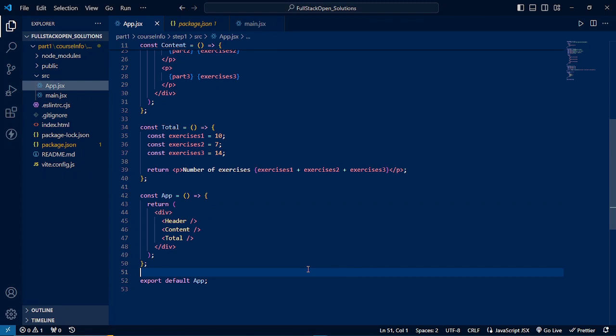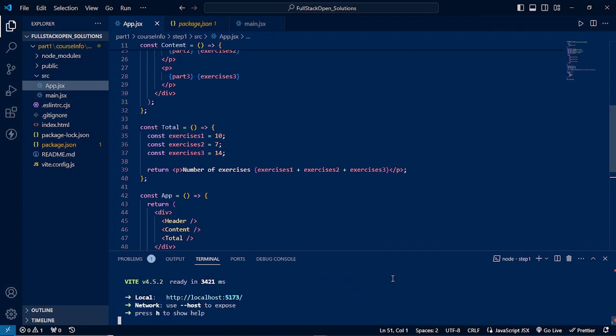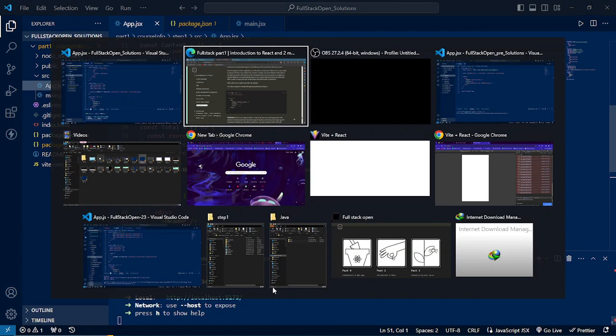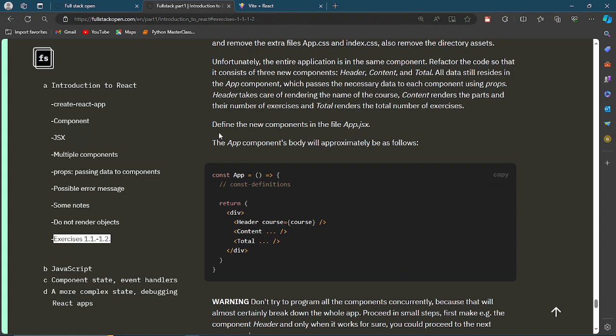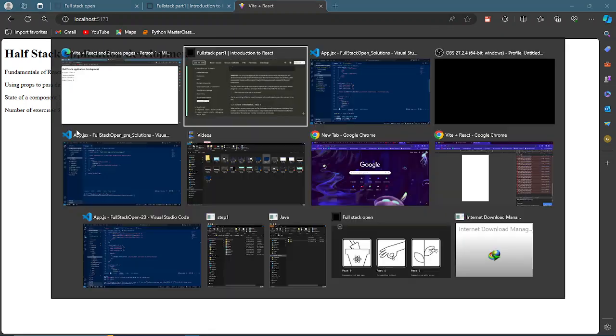So before we proceed, let's confirm that at the stage we are right now, our app runs fine. Let's run the app using npm run dev. Okay, so it's up. Let's go to the browser to confirm if our app is running just fine. Okay, so here we have our app running very fine, right? Nothing is wrong with it, but we are expected to do some implementations which we are yet to do. So going back to our code,